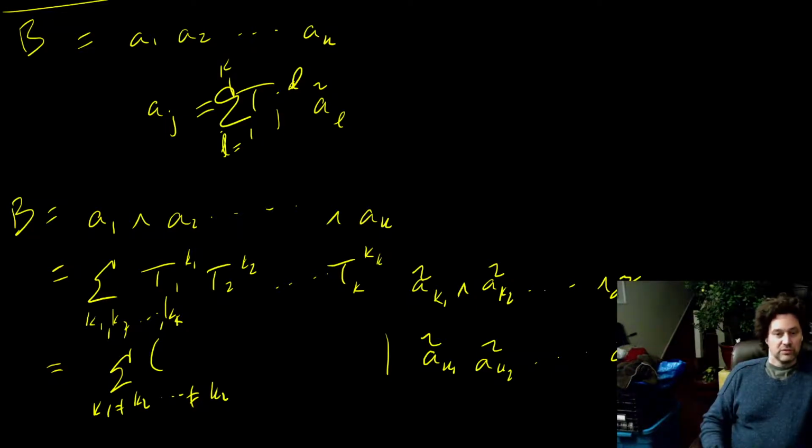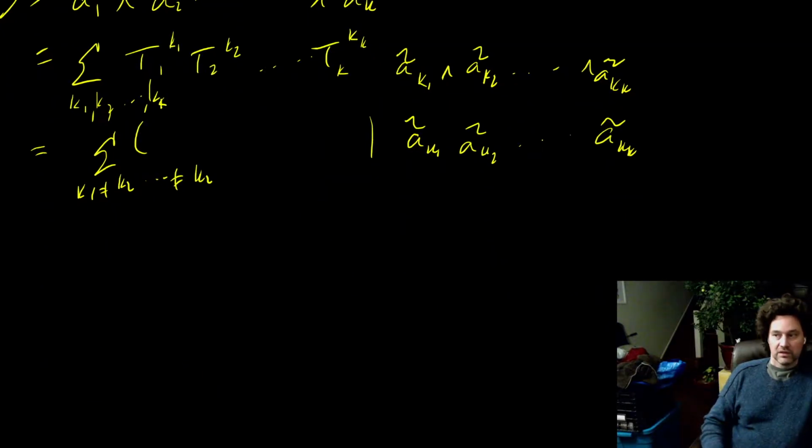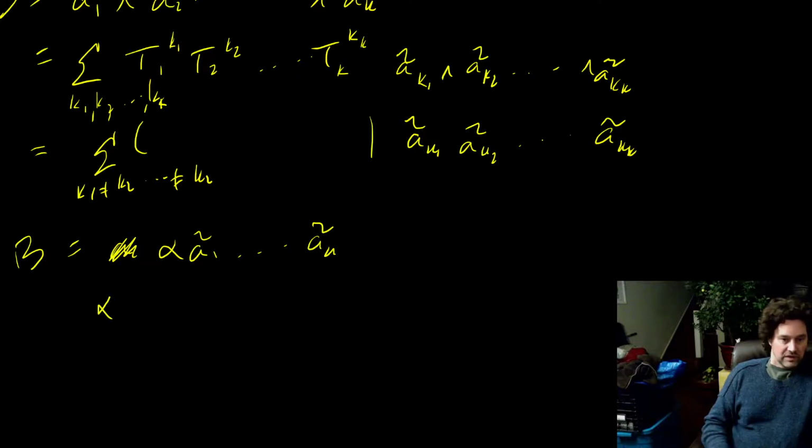And we will get almost the same result. And the end result is that B equals alpha A1 tilde through Ak tilde, where alpha is the sum over all the k1 not equal to k2 not equal to through kk